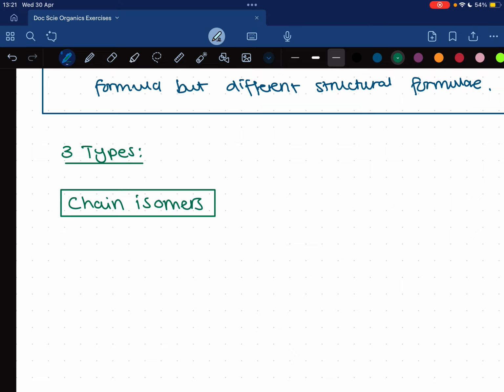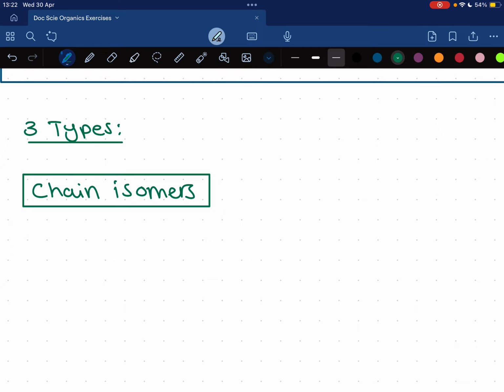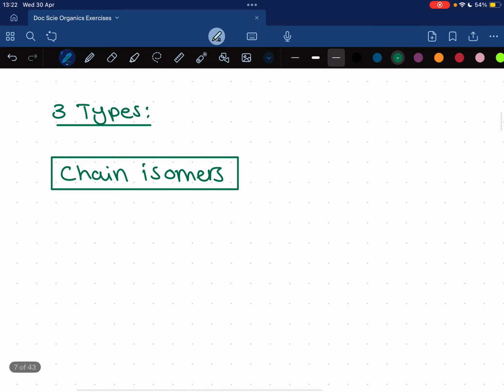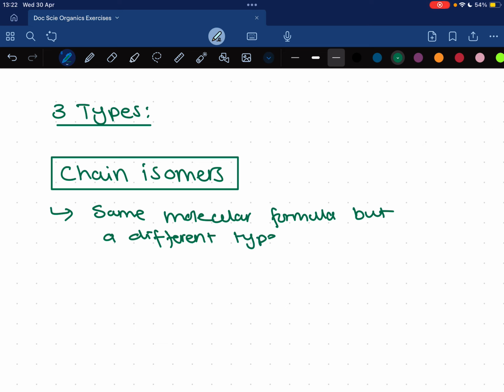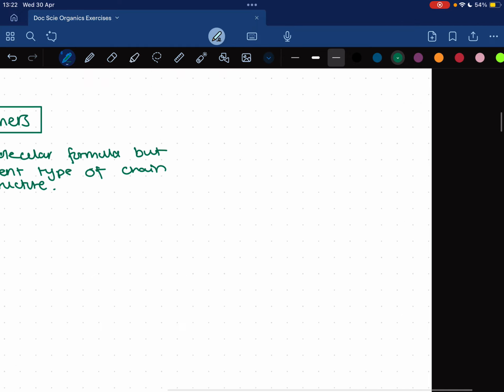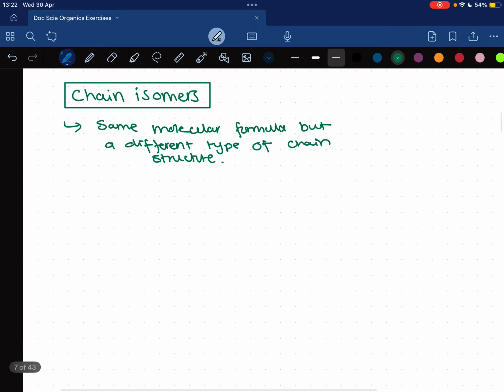Now, a chain isomer is an isomer where they have the same molecular formula, just like any other structural isomer will have, but a different type of chain structure. Okay, so an example of a chain isomer,